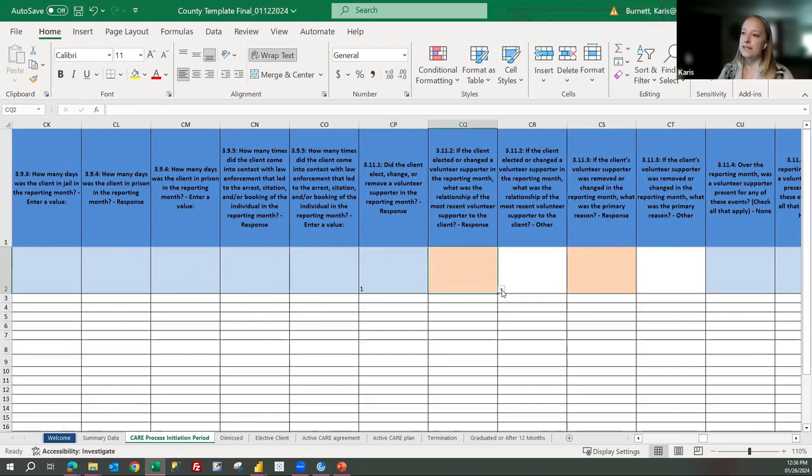There are more options on this one that are applicable to this answer. So 1 would be family, 2 is faith leader, 3 is professional peer specialist, 4 is friend, 5 is advocate, 99903 is other, and 9999 is unknown. So if we select 99903 other, that will trigger the other column to turn orange, and this is a text field, so it's an open-ended question, and you would just type in